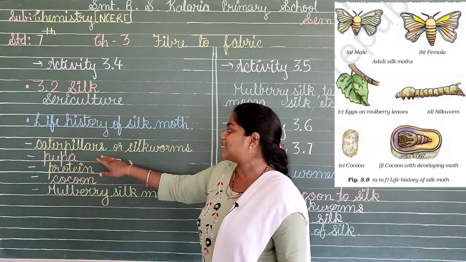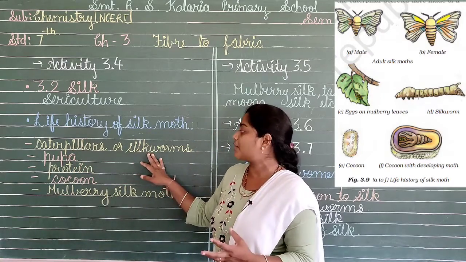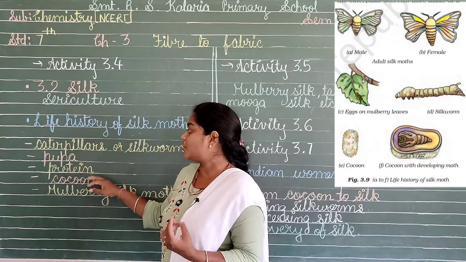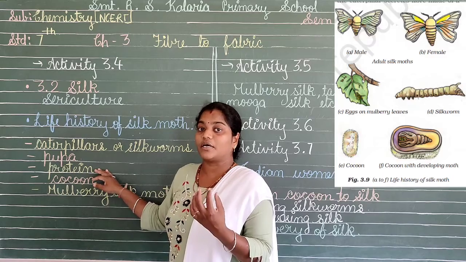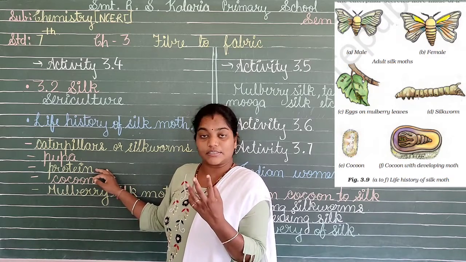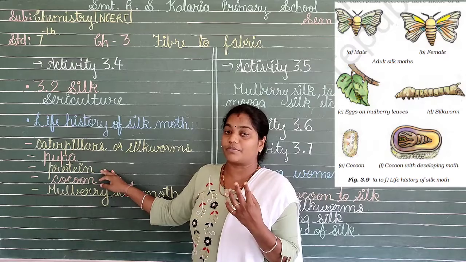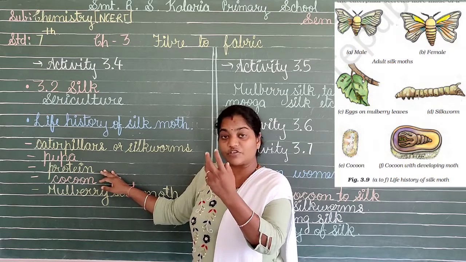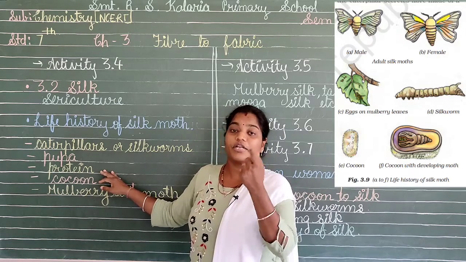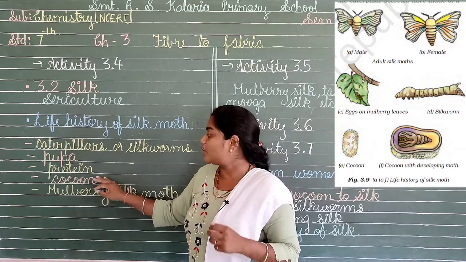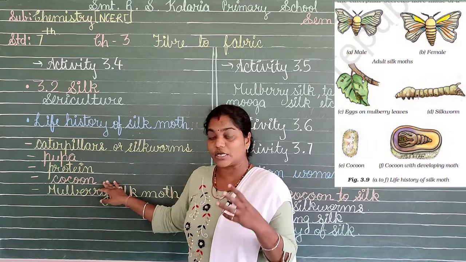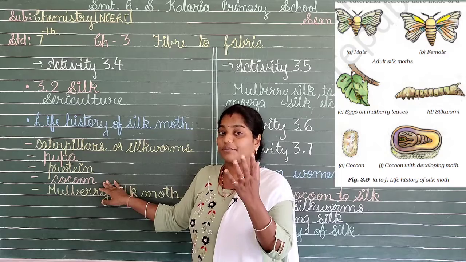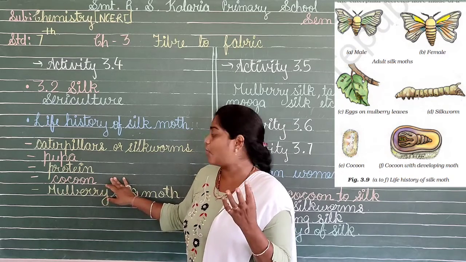So the caterpillars and silkworms are made from the larva, and then they convert to the pupa. Before the pupa stage, what happens? From the protein in their body, this saliva taken out from their mouth forms a structure of pure protein, which hardens soon after it is released from their mouth. So the cocoon is formed around their body, and this cocoon is the pure silk coming out from the mouth of the silkworms.